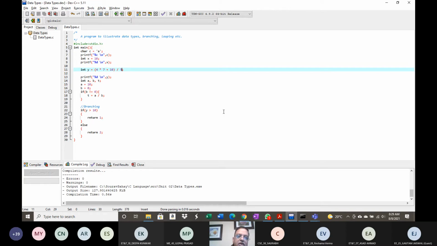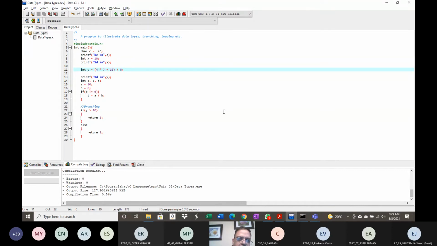If I run this, then for y, the value will be 4 multiplied by 7, that is 28, plus 10, 38, multiplied by 5. In fact, I had a different value.